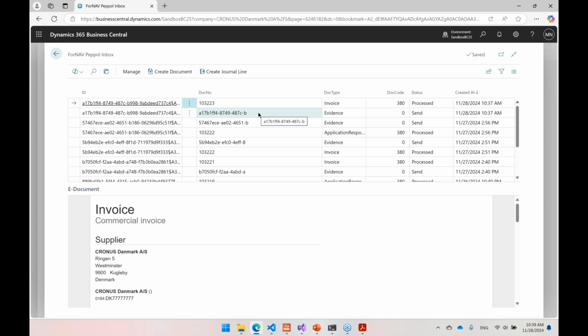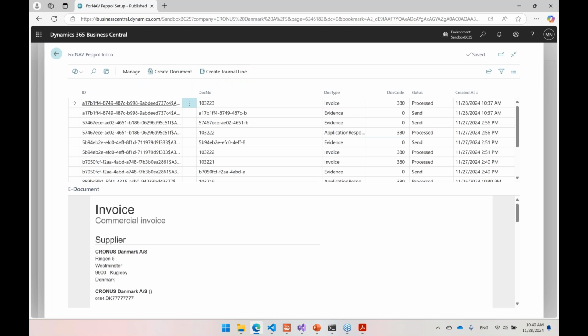And you can also see that since this is a test system, I automatically send this invoice to myself. So this is the top one. Again, I can see the preview of what's incoming in here. I can also from in here for test purpose go in and create the documents or create a journal line in here, but that's mainly for debugging.